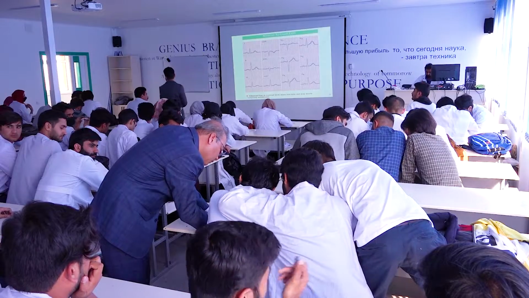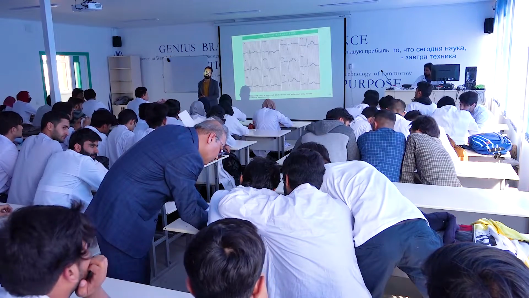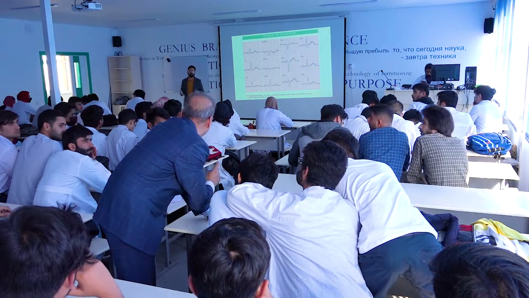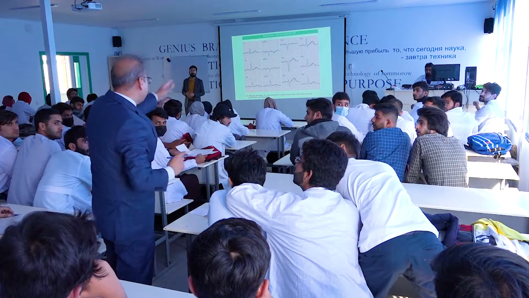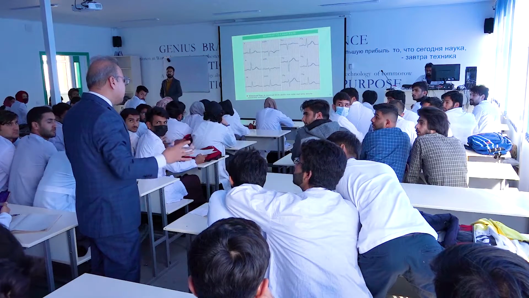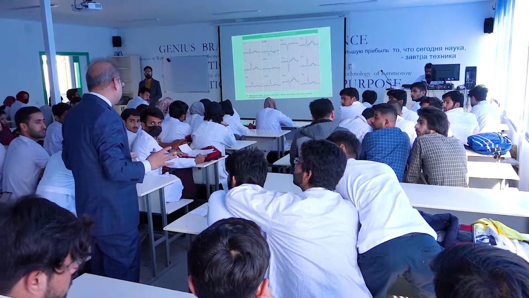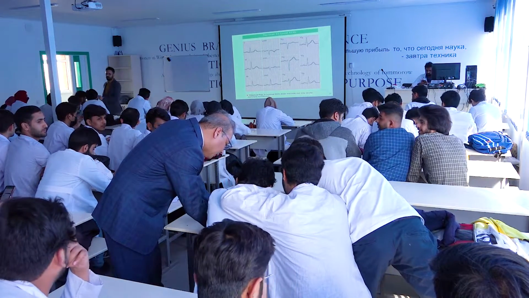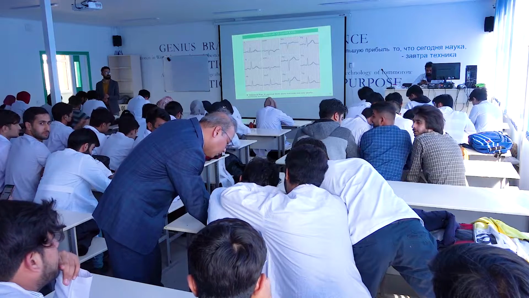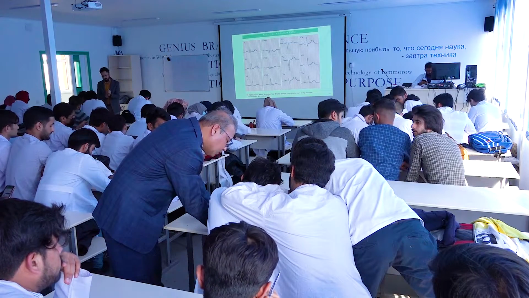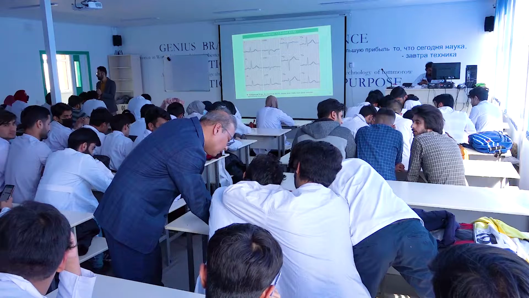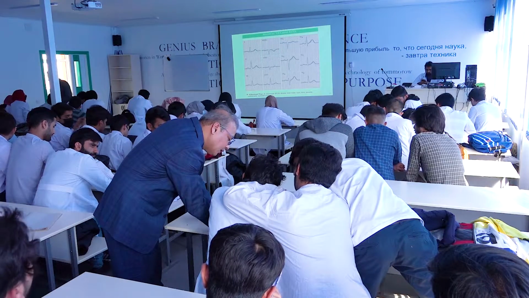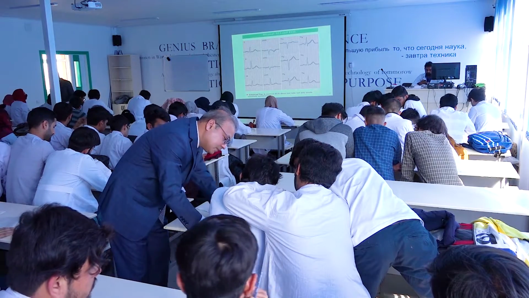P, Q, R. I individually, these are practical things, no? If I stand there and explain, you can't understand properly. That's why it's better to see practically. QT, in between QT, big boxes 2 or less than 2, it means 25 mm per second. If above 2 big boxes, it means 50 mm per second. Okay?